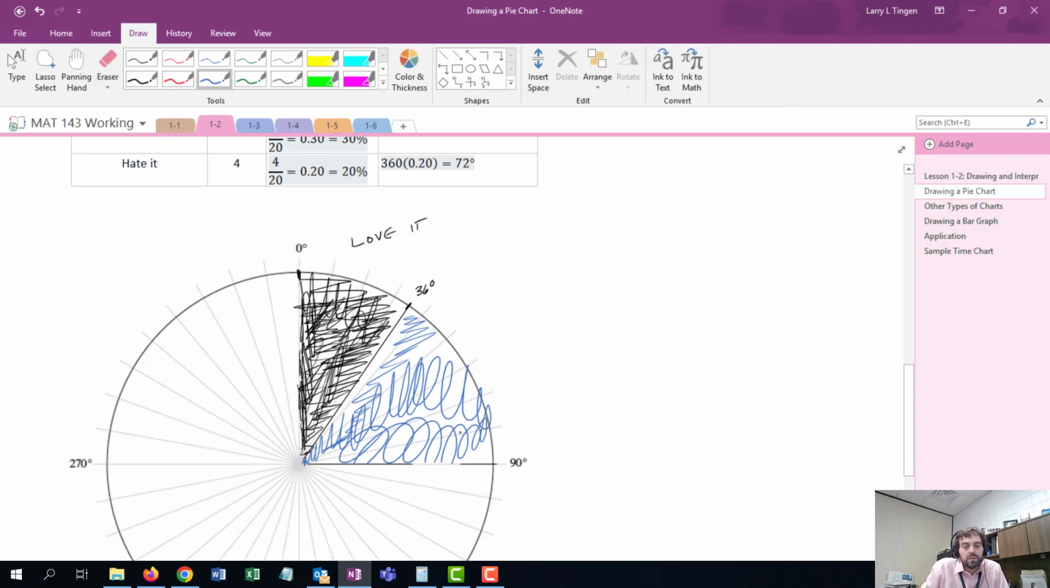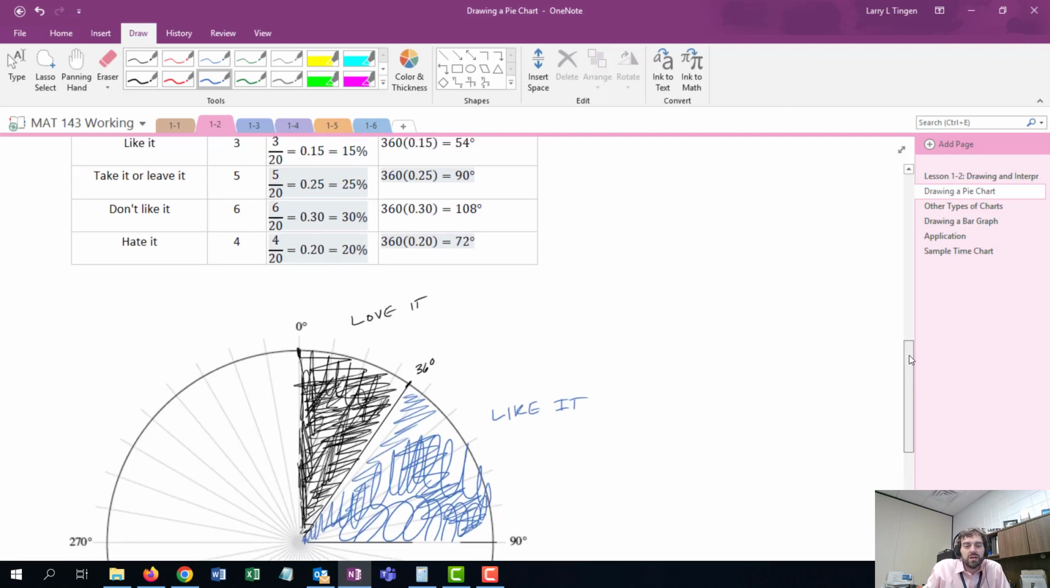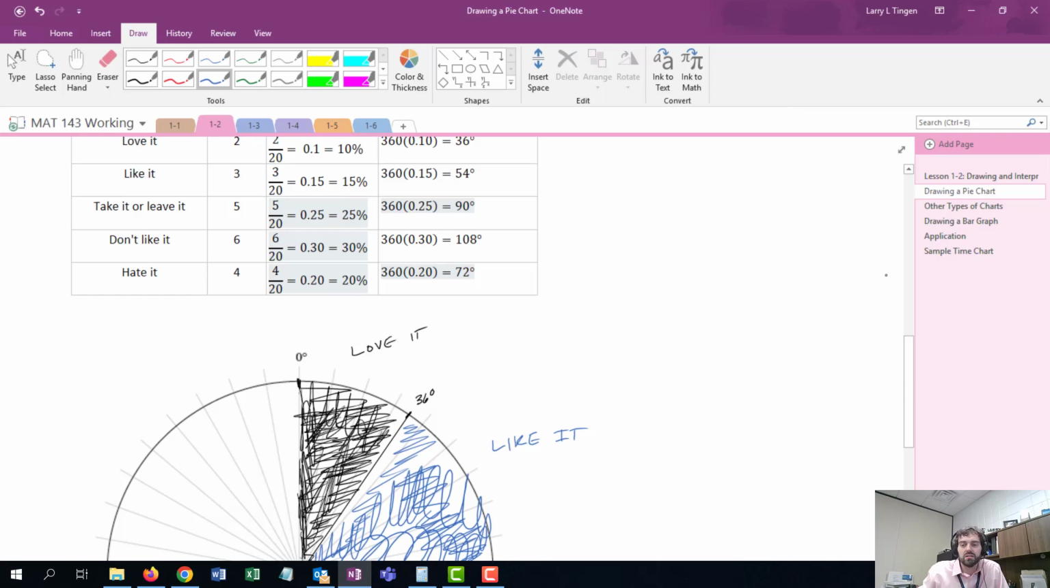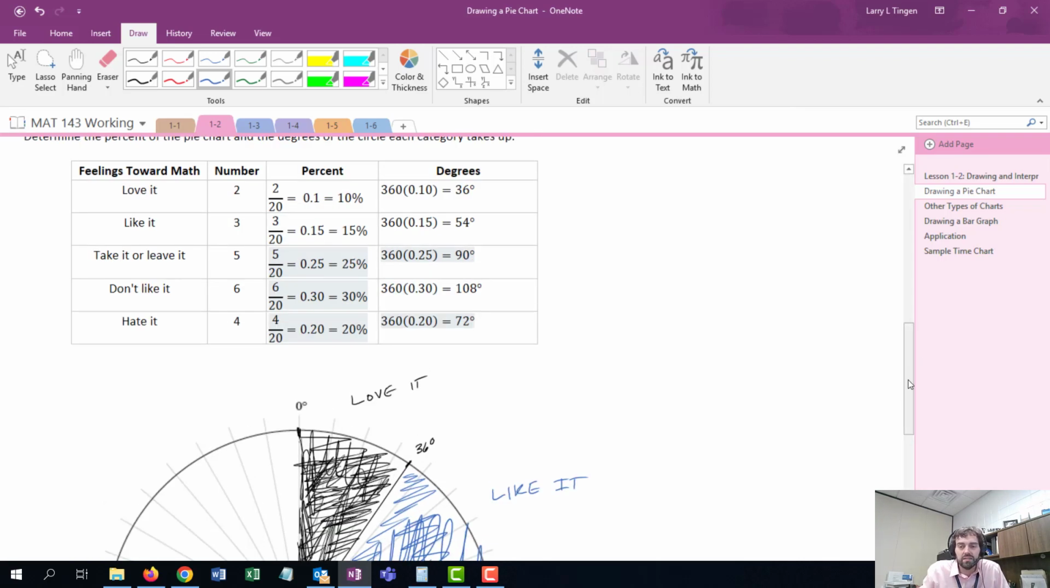Ooh. This is the, I love it. This is like it. I was trying to figure out the other place I've seen this, and I realized it's Cold Stone, the like it, love it